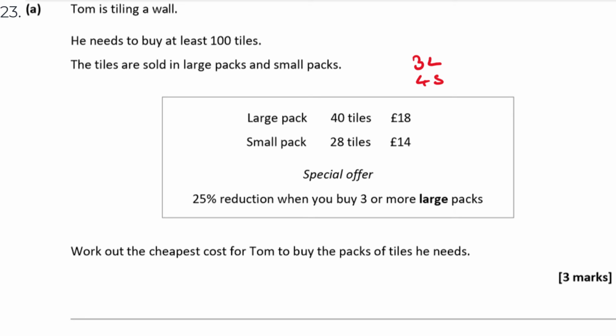That would be 112. There should be some other combinations we can do as well. We could buy 2 large and a small, so 40 is 80, and then the 28 is going to give me 108 tiles. That should be enough as well. Are there any other combinations? So 3 large ones, 2 large ones and a small one. Is there 1 large one? 1 large one would be 40 tiles, and then we'd need